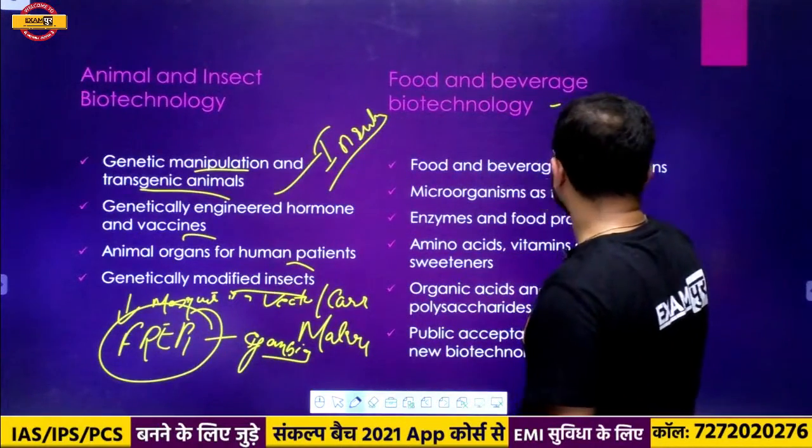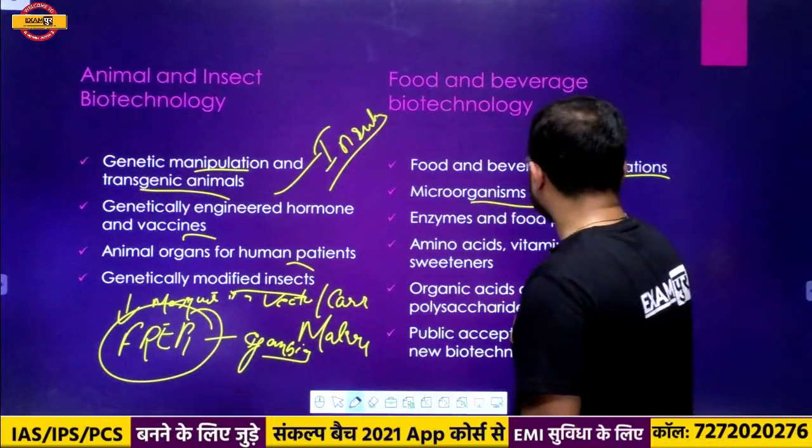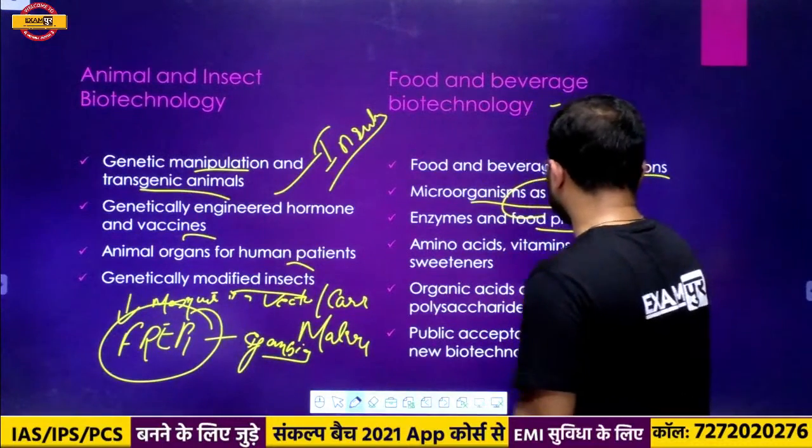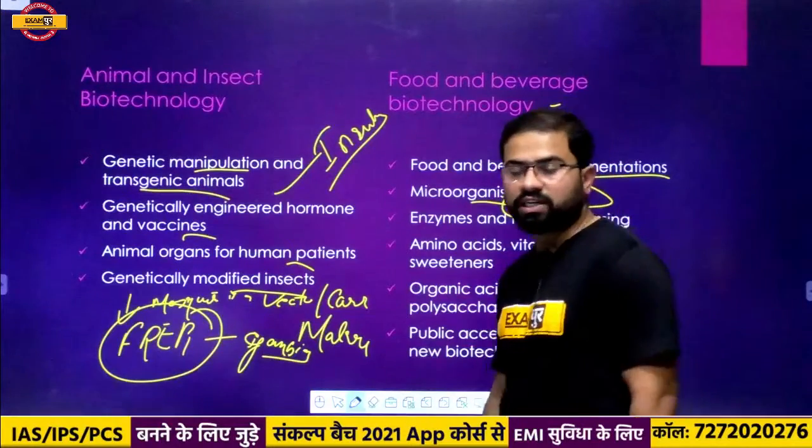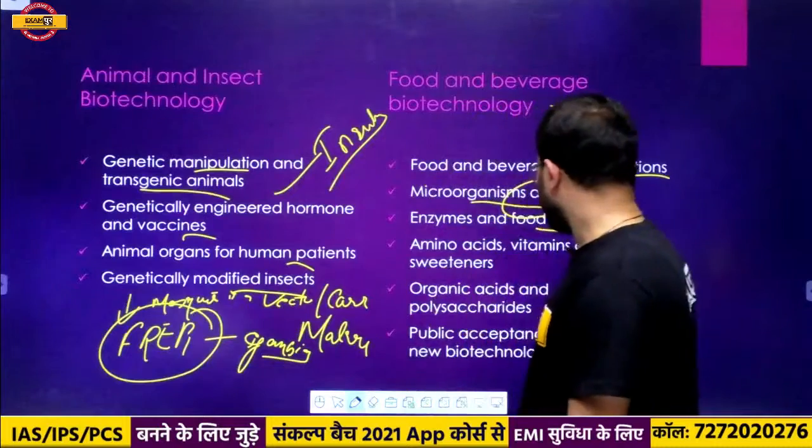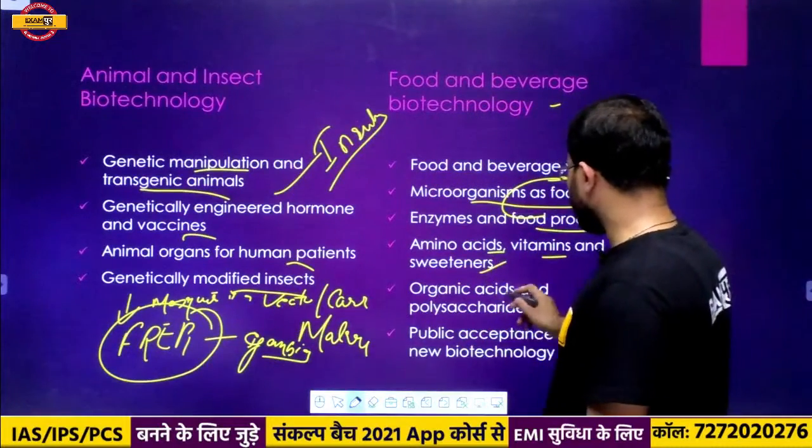उसके बाद फूड एंड बेवरेज बायोटेक्नोलॉजी, फूड एंड बेवरेज फर्मेंटेशन कैसे होता है, माइक्रो ऑर्गेनिज्म एज फूड्स, एंजाइम्स एंड फूड प्रोसेसिंग कैसे यूज़ करते हैं हम एंजाइम्स को, जैसे हमने पढ़ा कि ईस्ट को हम लोग यूज़ करते हैं in baking of bread, amino acids, vitamins and sweeteners, organic acids, polysaccharides।